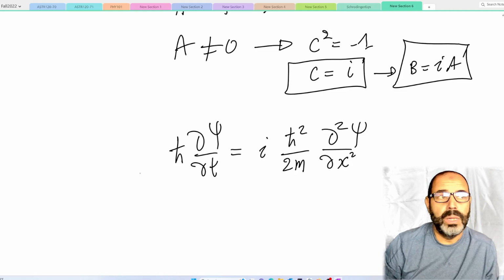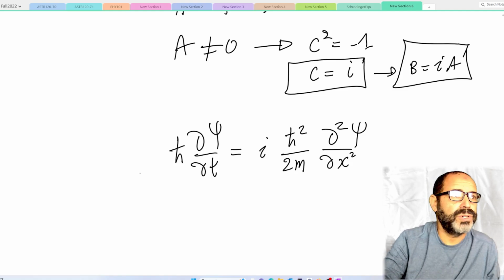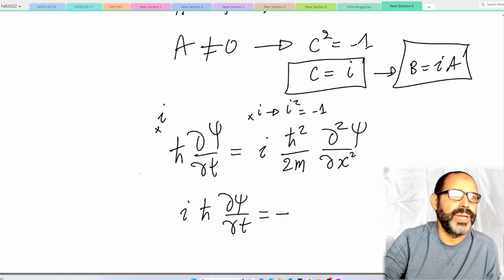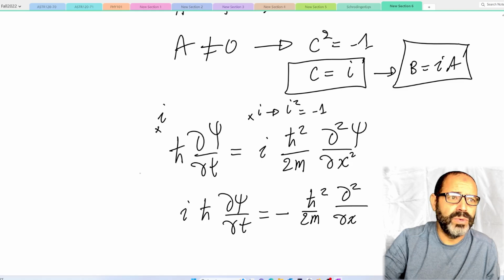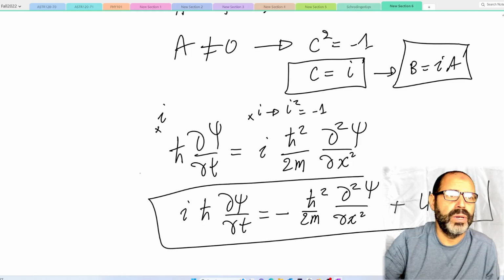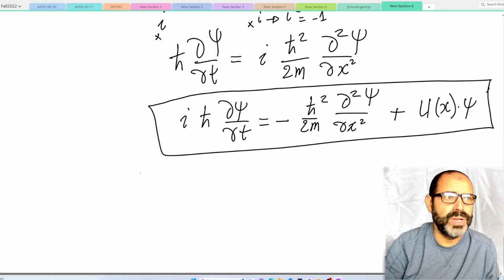That's where we are. Now, this is not the normal way of writing this expression. We usually multiply in here by i, and we multiply by i in here, so i times i is i squared, and that is negative 1. So this expression becomes i h bar, the first derivative of psi with respect to t, is equal to negative h bar squared over 2m, the second derivative of psi with respect to x, plus, for the case of a particle inside a field of some sort, the potential of that field times the function psi. This is the general equation, the Schrödinger equation